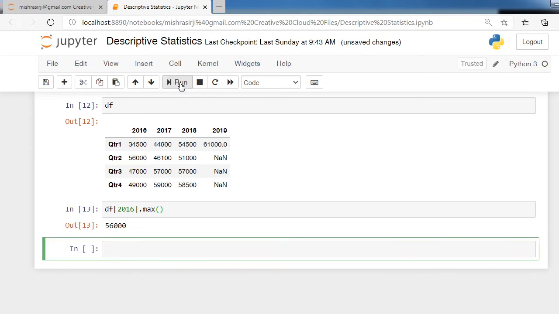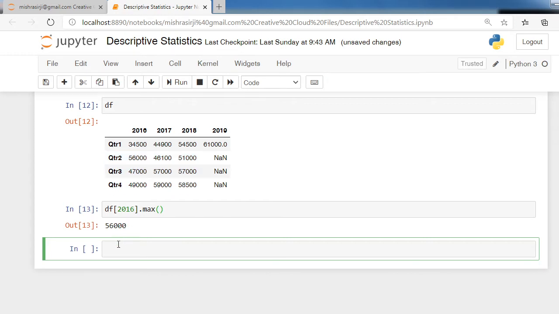Run this query and you can see the given output. In column 2016 the maximum value is 56000.